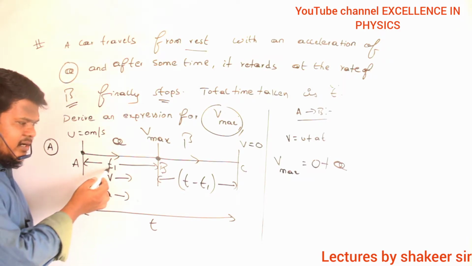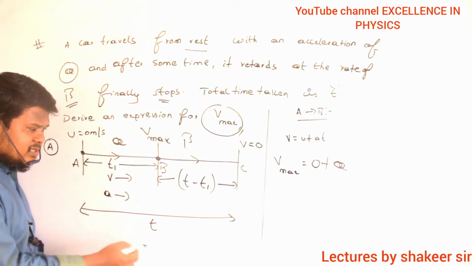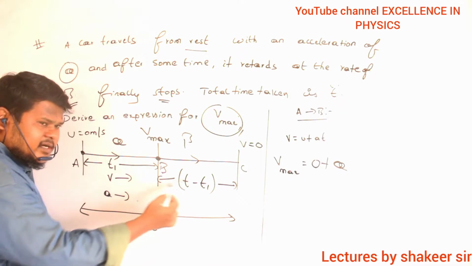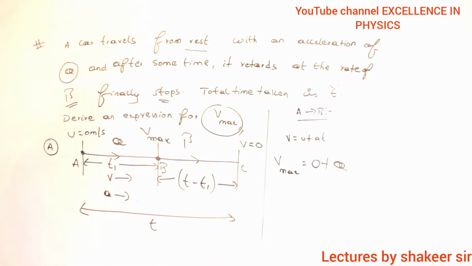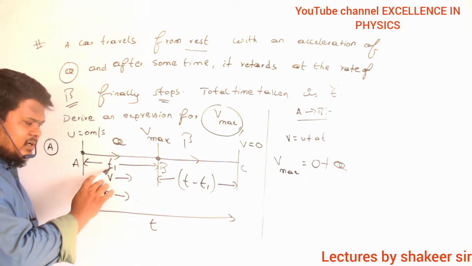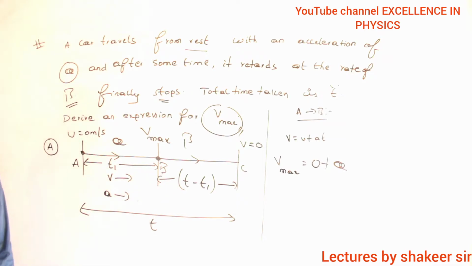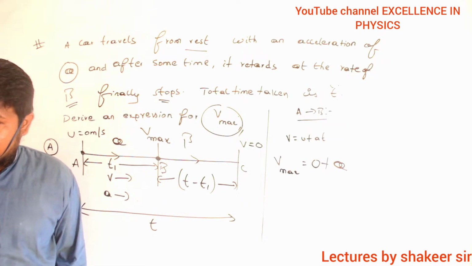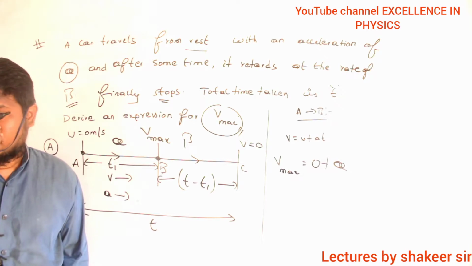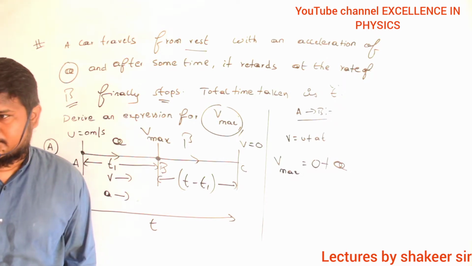So t1 is already one unknown quantity, no? In terms of the same unknown quantity, I am writing the second time also. Are you able to understand, ma? Now see, how many unknown quantities? One unknown quantity, the same unknown quantity. But if you write a t2, what will happen? You will have one more unknown quantity, and you have to write one more equation. Are you able to understand?